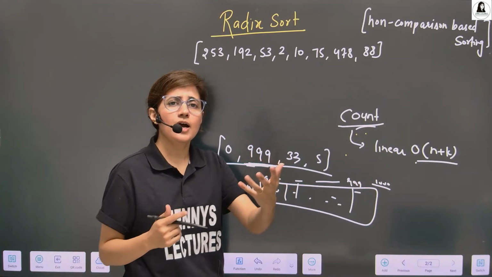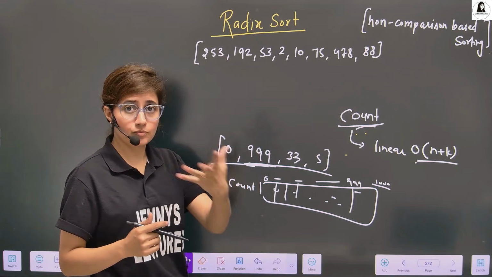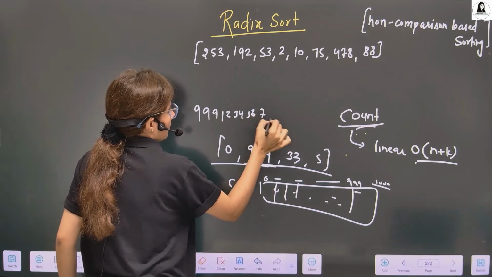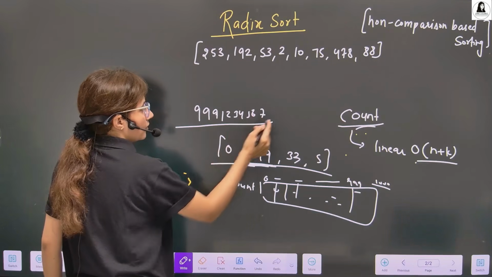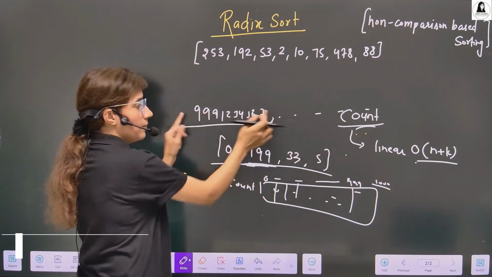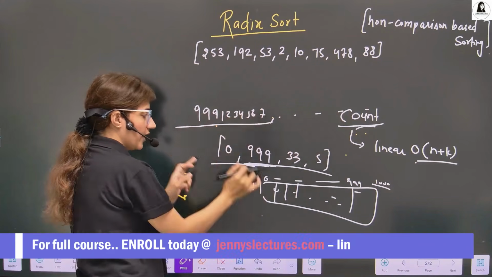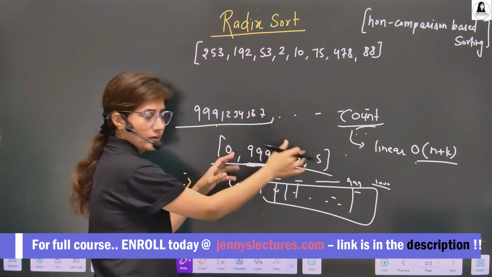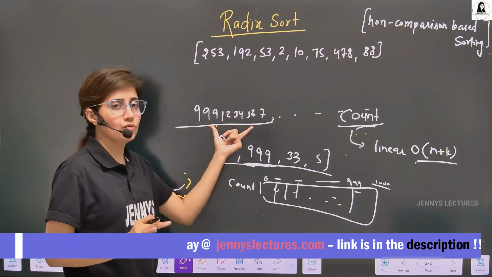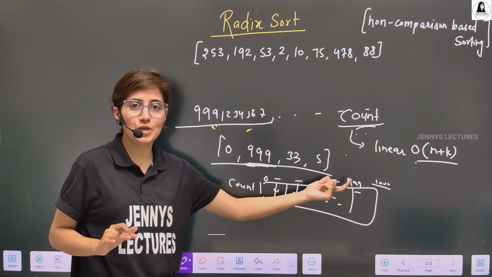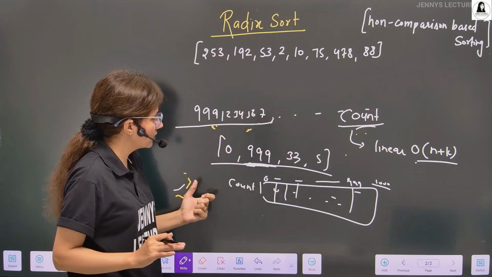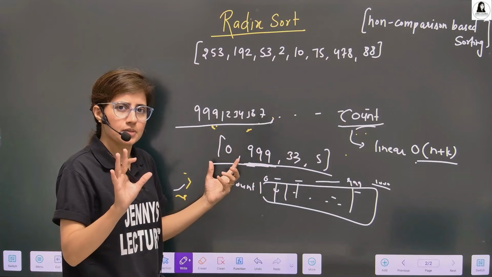Second thing is, suppose I want to sort phone numbers. So many phone numbers we are having. In count sort we take the maximum number, then a count array from 0 to the maximum element plus 1. So in this case the size of the count array would be huge. It's not a good idea to use count sort in such kind of examples.